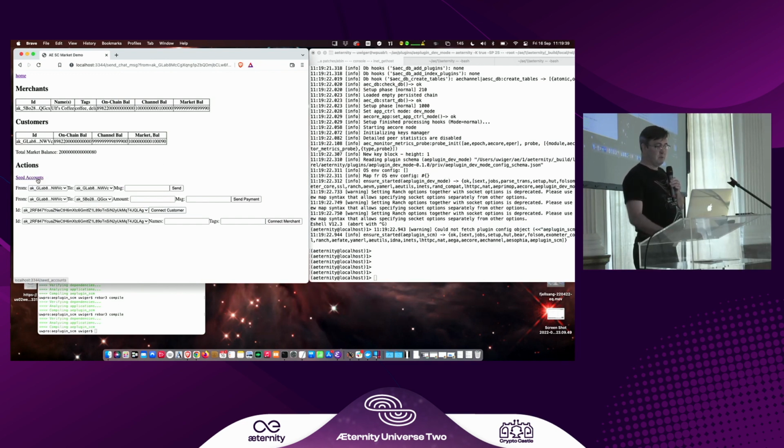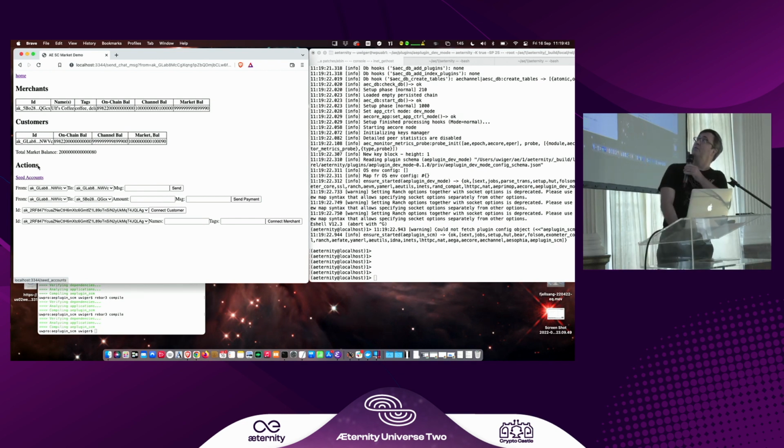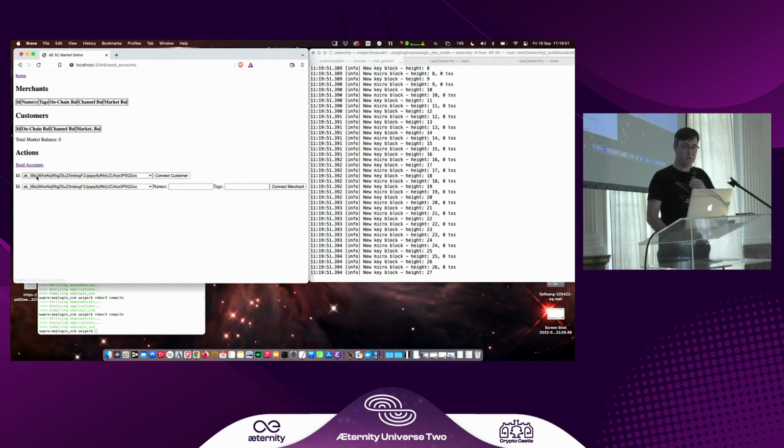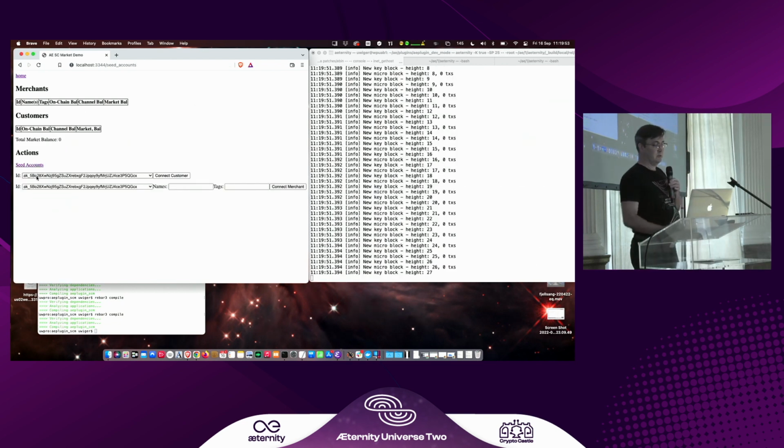But, so I have this, I click this seed accounts here, which just mines a few blocks and then distributes some value to some accounts. So I have some accounts to play with. I have 3 accounts that are viable, basically.